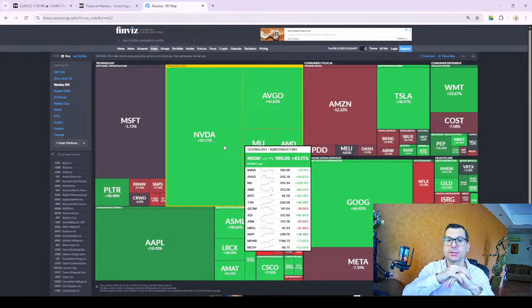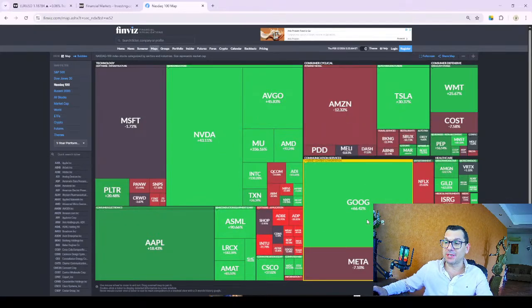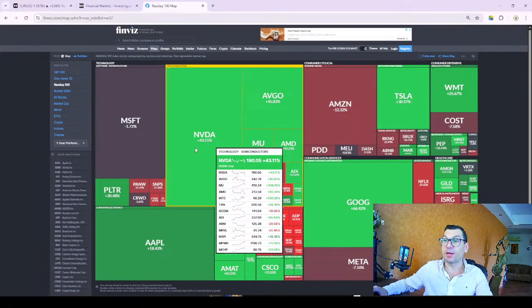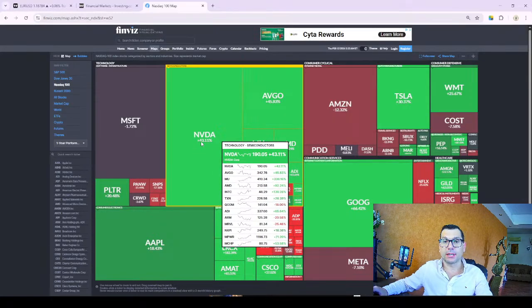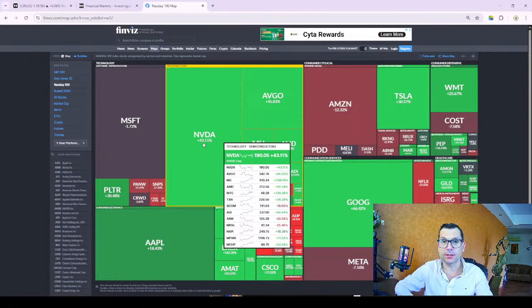But the difference is that you're not going to be the shareholder. You're not holding that share. It doesn't belong to you. You're basically just speculating that the price will go higher on that share. And that's the reason why the leverage is there, to give you bigger buying power. So imagine if you have a leverage of 1 to 5, it means that you need to multiply these returns by 5. So if you see, let's say, NVIDIA that made 43% return in the last 1 year, multiply that by 5, and that will give you, give or take, about 200% return. That would be your return with your broker.